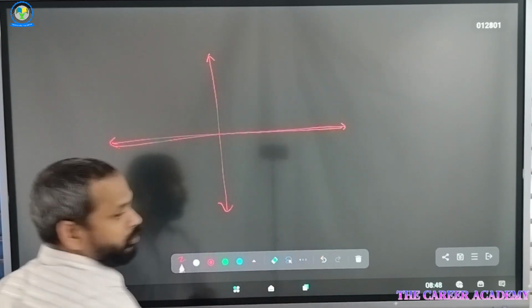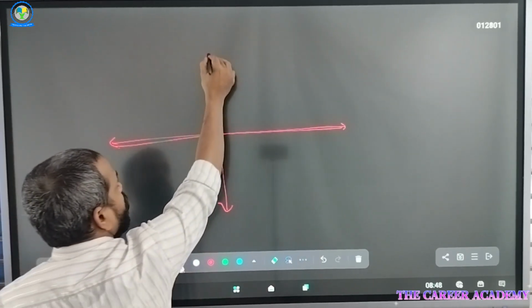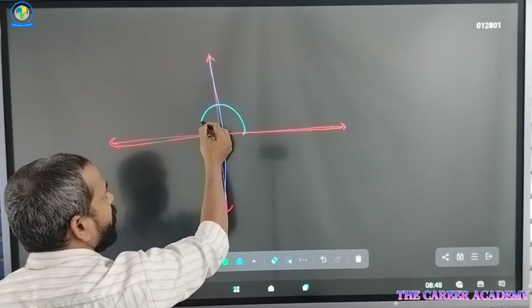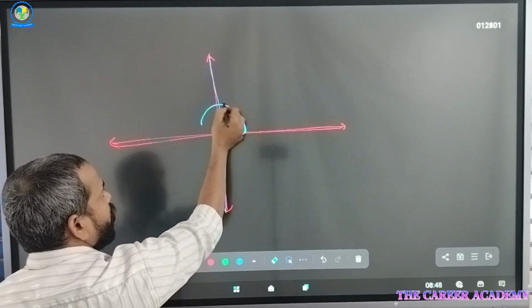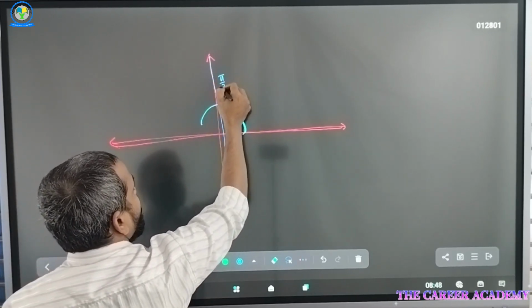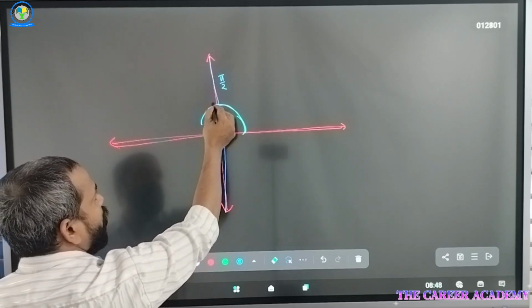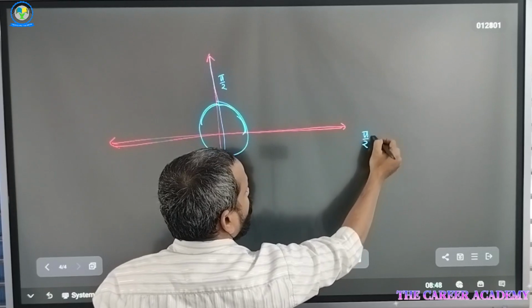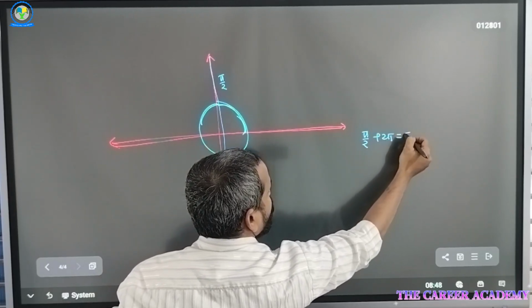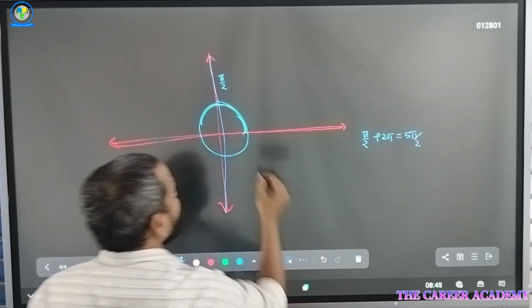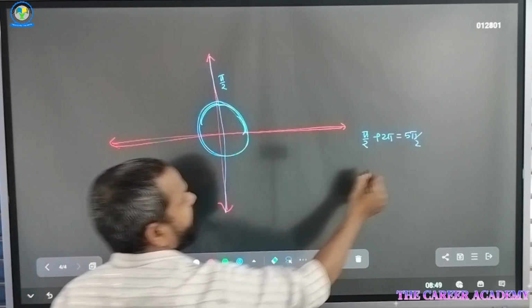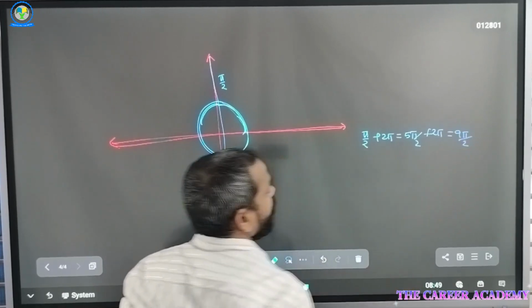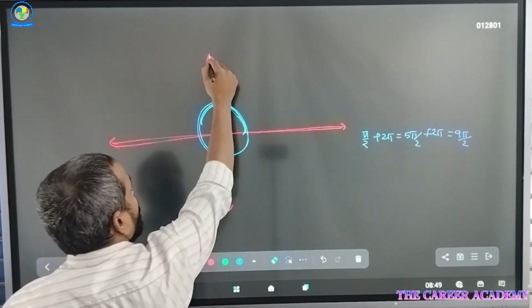We studied the horizontal axis. Now we should learn about the vertical axis. See, when I make one complete rotation, going from here to this one, it is pi by 2. Again, from here, to make one complete rotation, pi by 2 plus 2 pi, what is it? 5 pi by 2. Again do another rotation, add 2 pi, it can be 9 pi by 2. That means